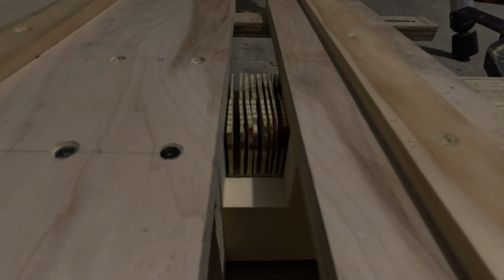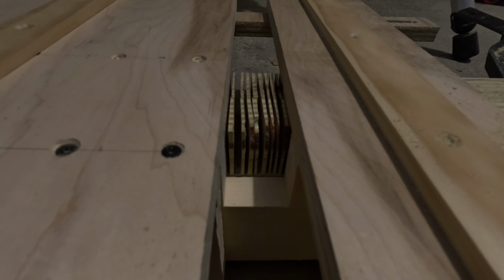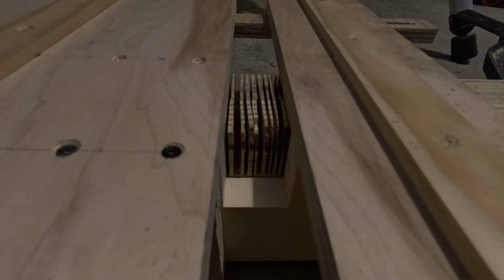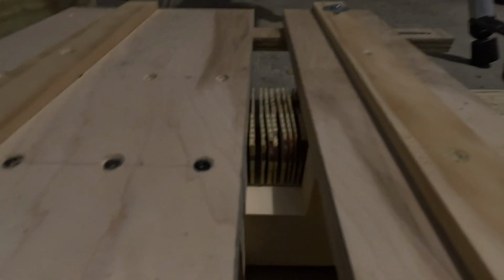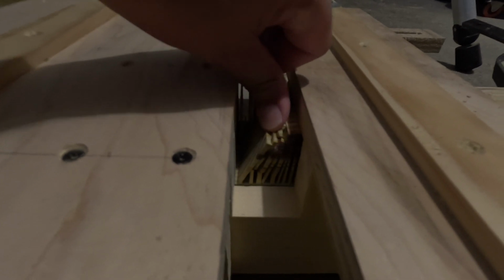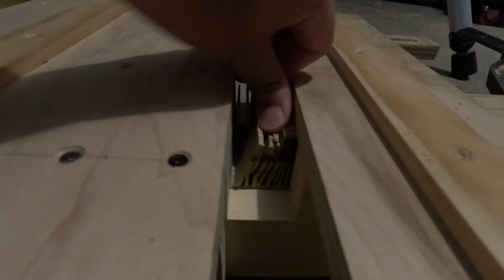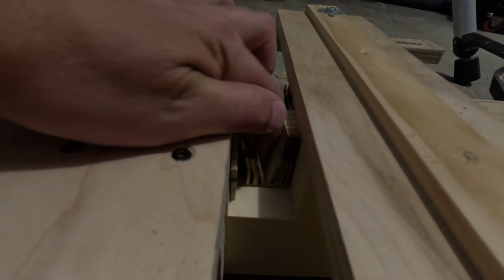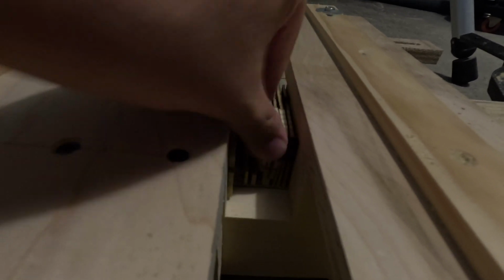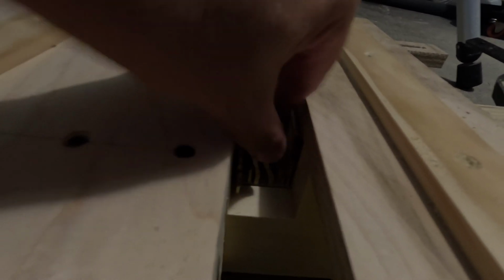So I thought I would show you what it looks like after making several passes through the notching jig, and then what I do after making all these cuts is it's very easy to break these off, twisting them back and forth like this, and then they just come out by pulling them out a little bit. They just all start coming out,